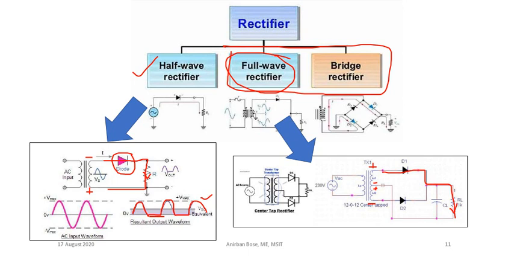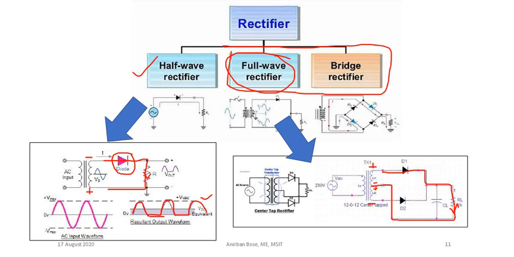Okay, so here you can see the direction of current across the load. So this is the circuit, and at that time you see this is negative, so there will be no current flowing through this diode because this diode is in a reverse bias condition. Now consider in the next half cycle what will happen.